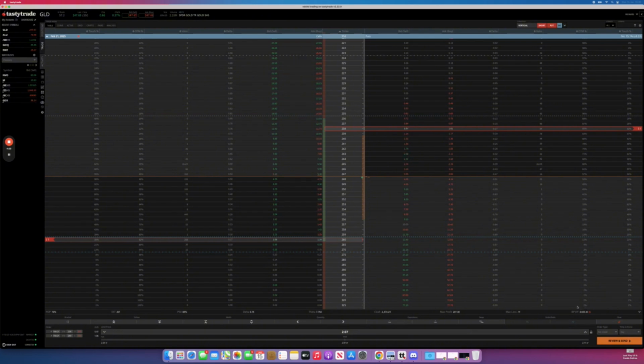Now, you might be thinking, everything sounded all well and good until we needed $5,000 to open this position. Now, I've got good news for you. If you do have a smaller portfolio and you can't allocate $5,000 to each position, then what you can do is use some of this premium here, this $2.07, to buy some contracts a little bit further out of the money. So let's say on the call side,